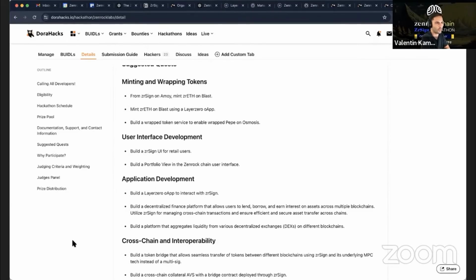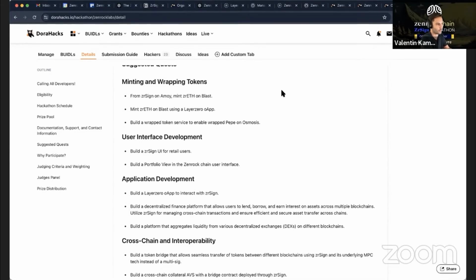With the Layer Zero OAP, what we currently have is our first iteration of our OAP, which basically piggybacks off the ZR Sign product